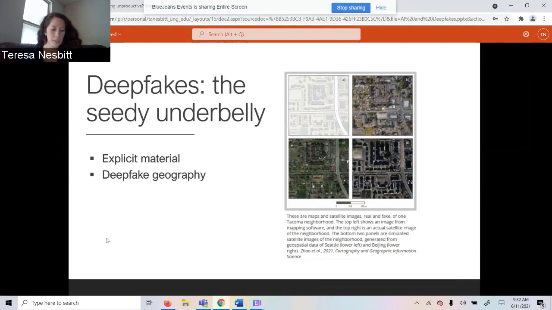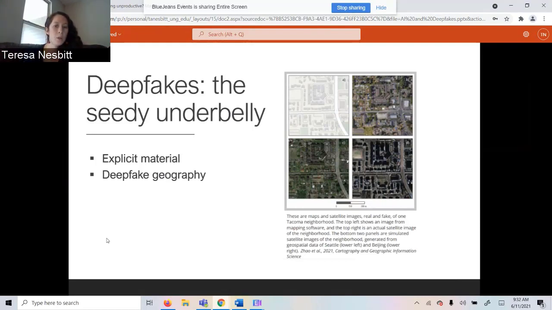And public policy is really struggling to keep up. People can create these images, but it's really difficult to get them taken down and to scrub them from the internet. And it's also difficult to find and prosecute whoever made them. So this is one of the more seedy, nefarious, terrible uses for deepfake technology.